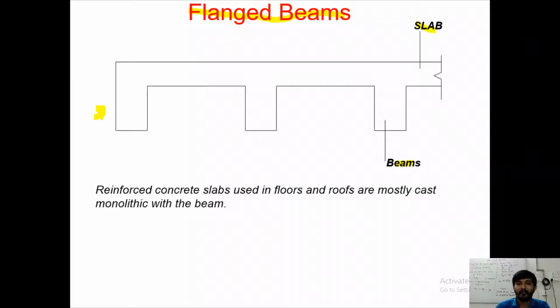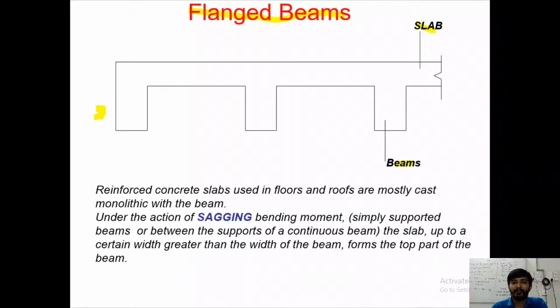So reinforced concrete slabs used in floors and roofs are mostly cast monolithically with the beams. Under the action of sagging bending moment, that is in simply supported beams or between the supports of a continuous beam, the slab up to a certain width greater than the width of the beam forms the top part of the beam. So as you can see the dotted line, this becomes a part of a beam. So this circled part is wholly a part of a beam, right, which is called a T-beam,